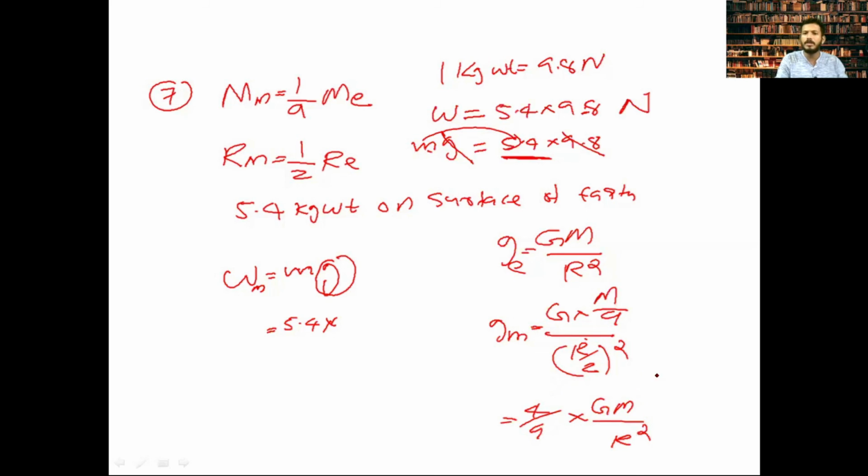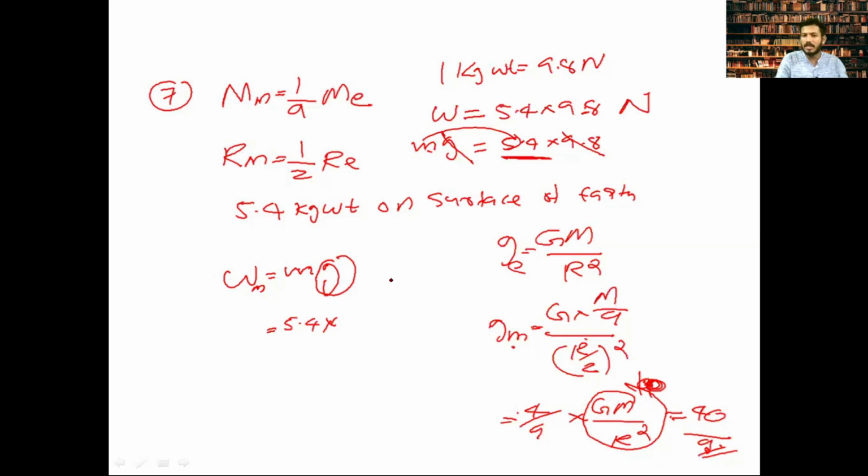Clear? 4 by 9 into GM by R square. This GM by R square is the acceleration due to gravity, that is 9.8 or approximately 10. 4 into 10, that is 40 by 9. That is the g at